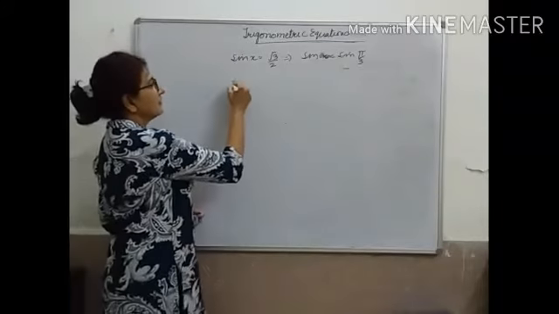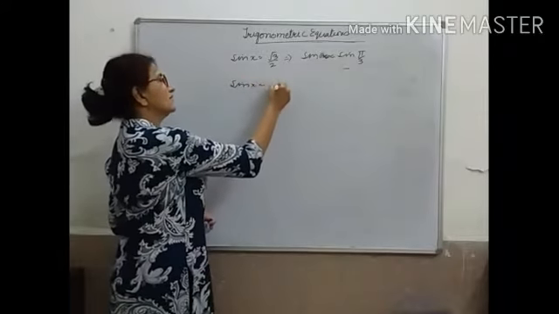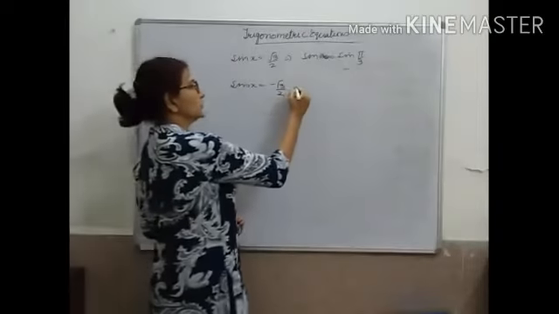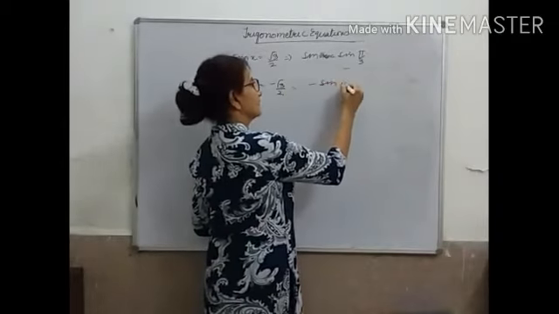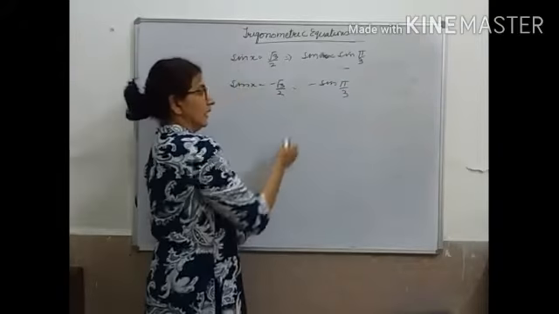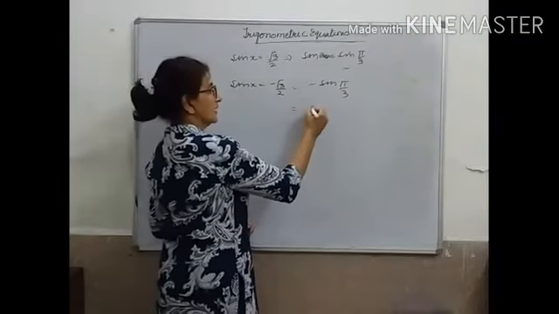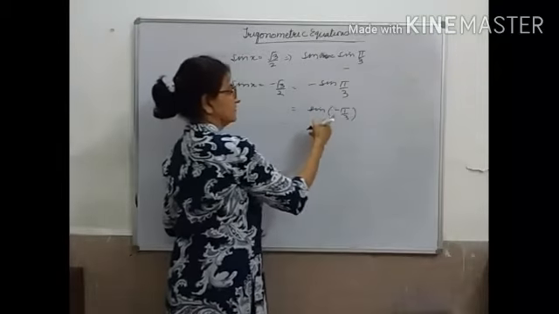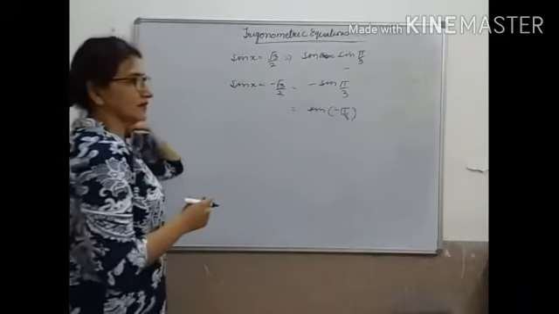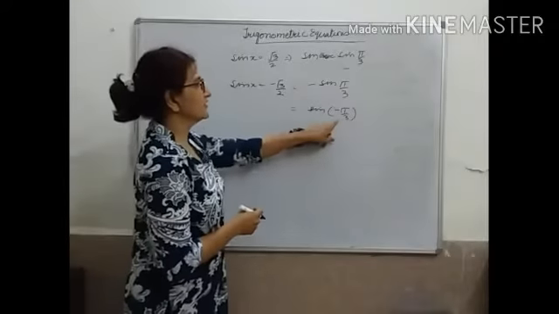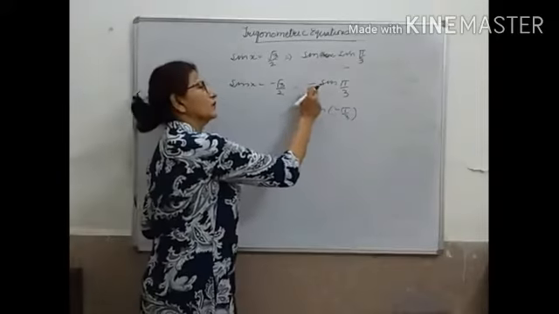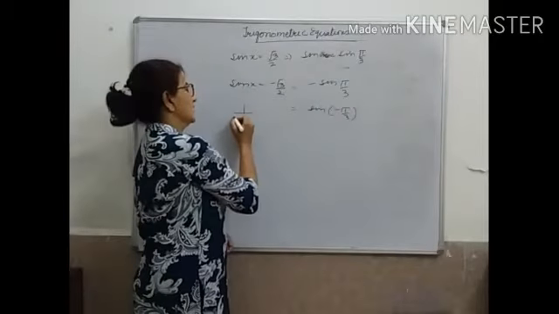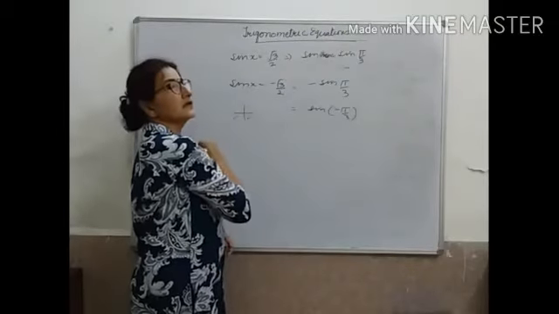If I had given you sin x is equal to minus √3 by 2, then also you don't have to do anything. You know it is minus sine pi by 3. And we can say sine minus theta is equal to minus of sine theta. Now you have to see where it is, or you could write from here also, even if you don't do this step. We know that sine is negative in the third and fourth quadrants.